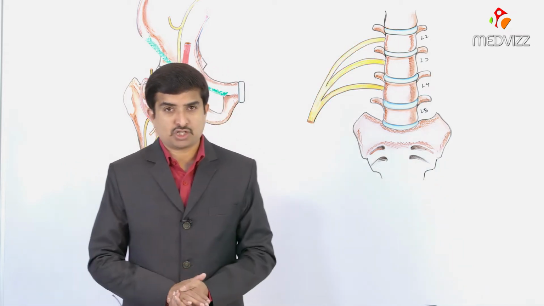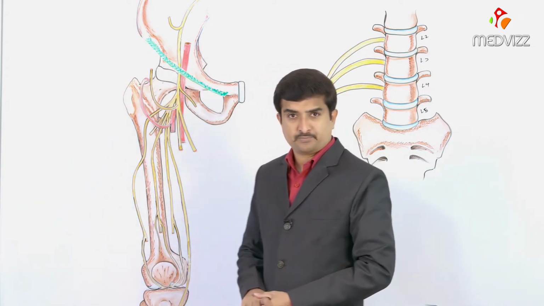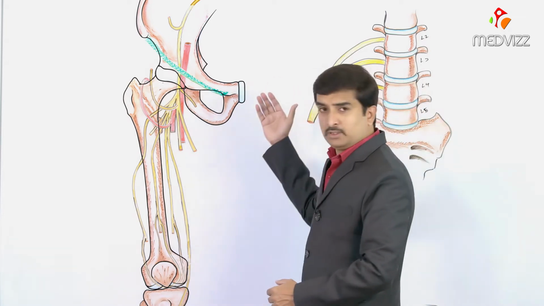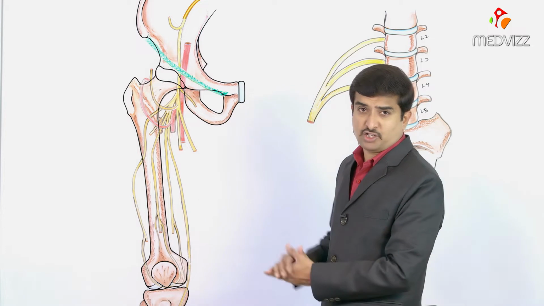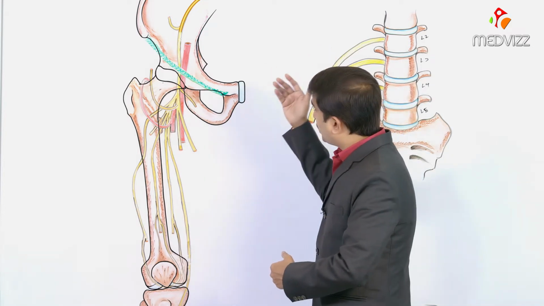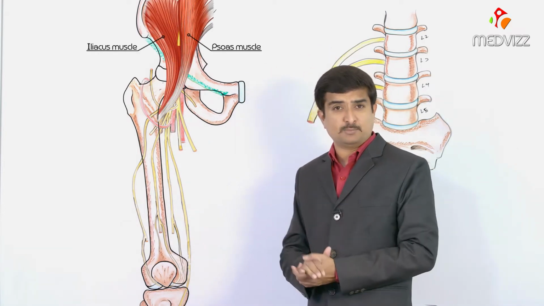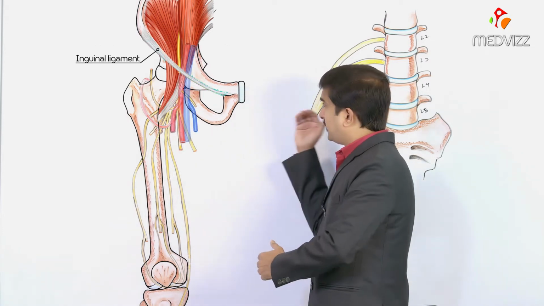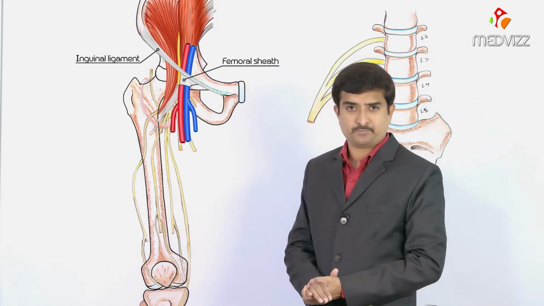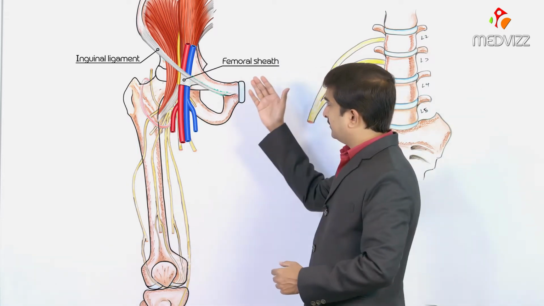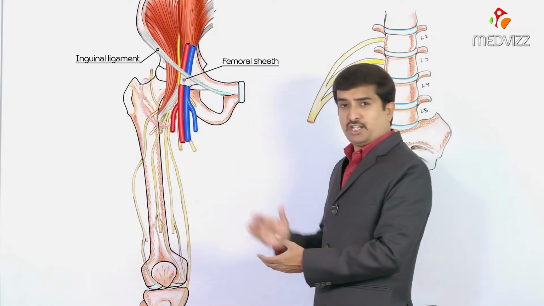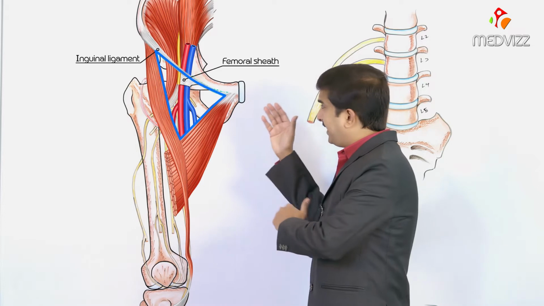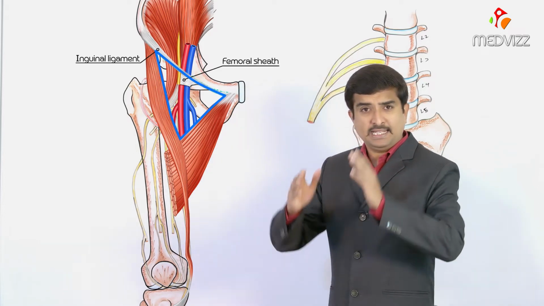And when we discuss the course of the femoral nerve, after it emerges from the lumbar plexus, it emerges from the lateral border of the psoas major and passes between the psoas major as well as iliacus muscle and enters the thigh behind the inguinal ligament, which is lateral to the femoral sheath, which means the nerve enters into the anterior compartment of the thigh, into the femoral triangle behind the inguinal ligament,